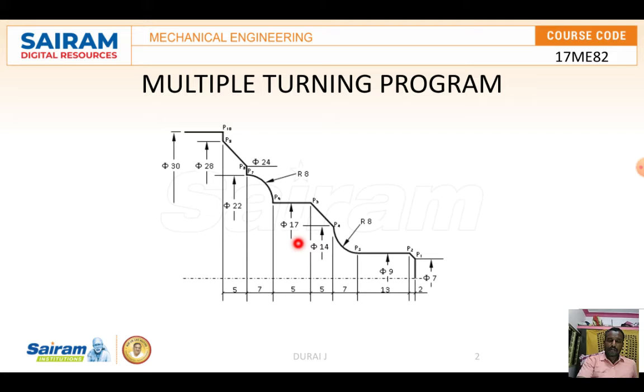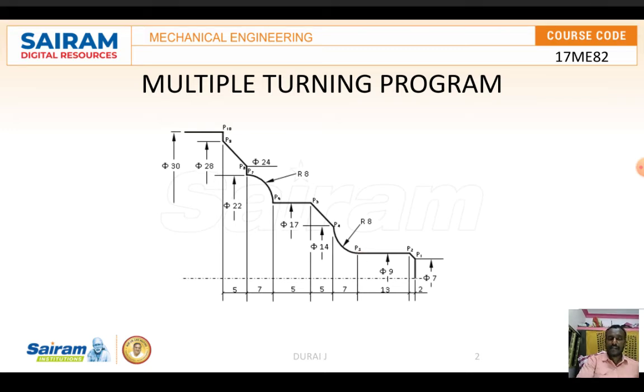So in this program you can see, this is the inclined shape. For that also I'm going to use the linear interpolation command G01. From P3 to P4 only curved shape, so G02 command. Why? Because moving from here to here, it is a clockwise direction. So G02. Again, from here to P6, moving from here to here, it is anti-clockwise. There I can use the G03 command. So like this I can use.